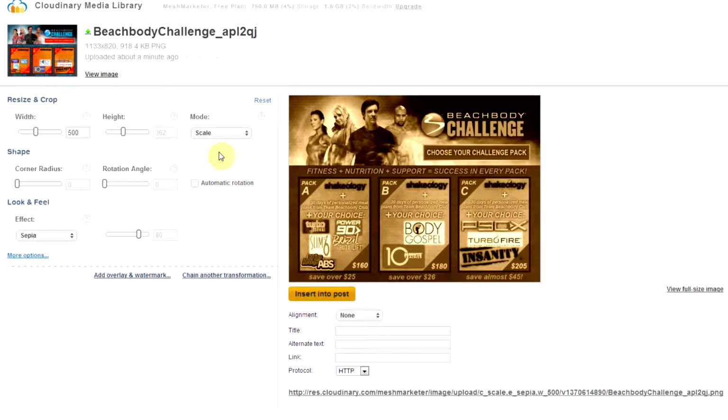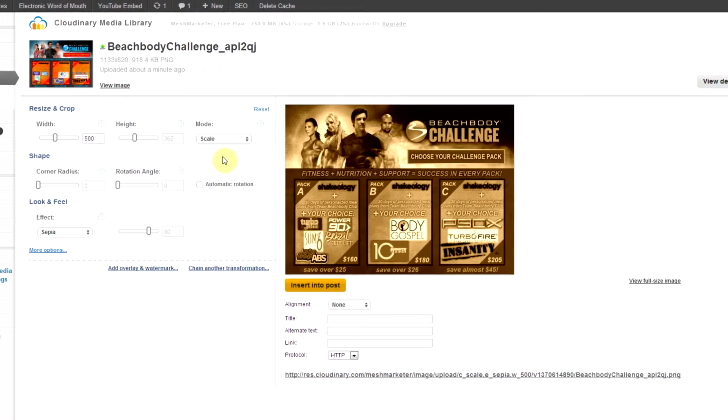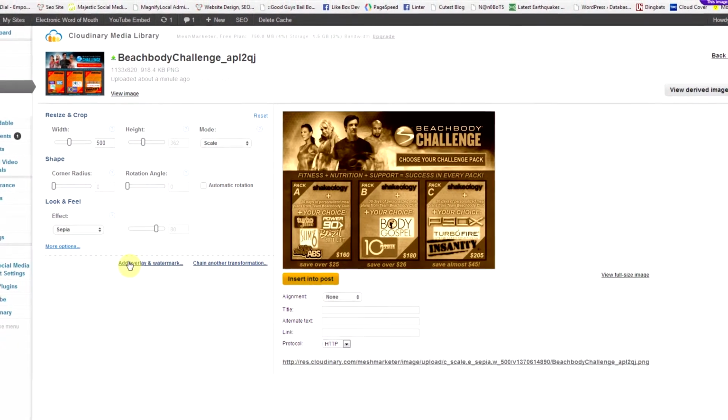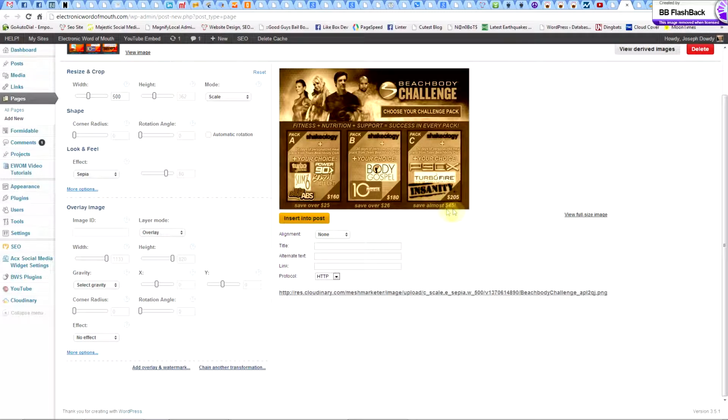This is actually a brand new plugin, so it's really great. It has a couple limitations, but for what it does, it's really fantastic. Also, you can see here, add an overlay. So if you had a little logo, like a bug, that you would put here in your image, you could put that in. There's plenty of options. So anyways,